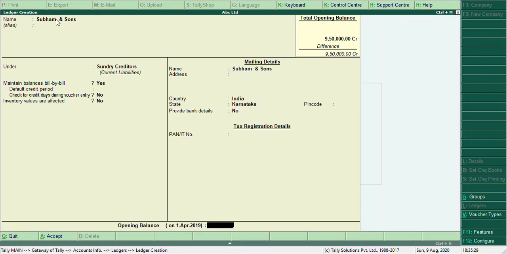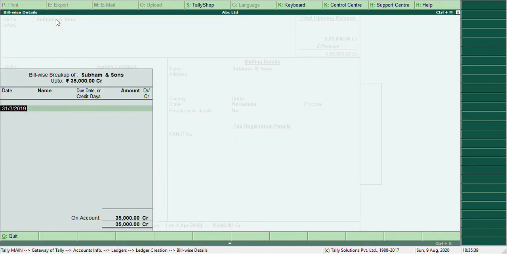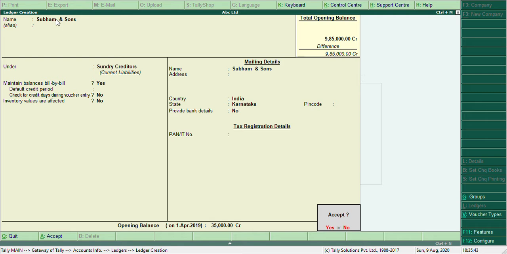Enter an opening balance of Shubham and Son, 35,000. Again it will ask the bill-wise breakup. Accept as it is.